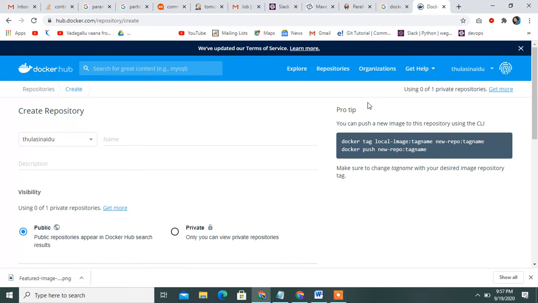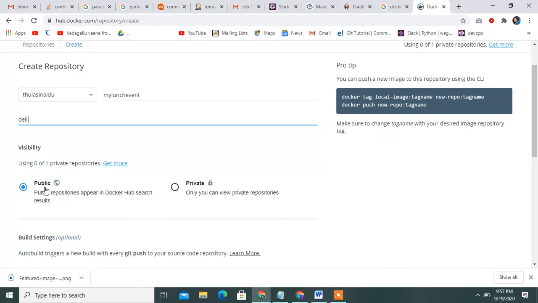Create the repository, enter the repository name, add the description also, and you can choose a public or private repository.